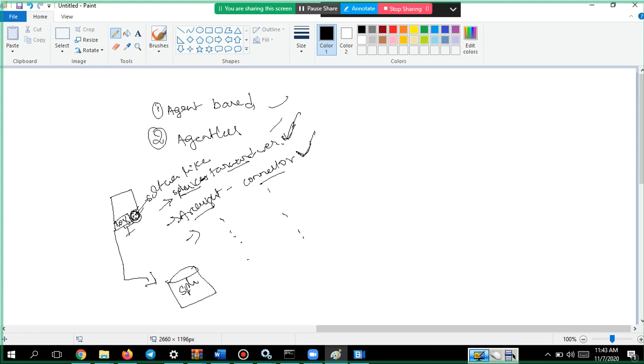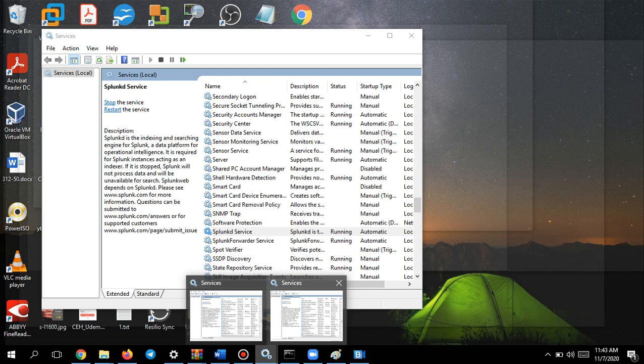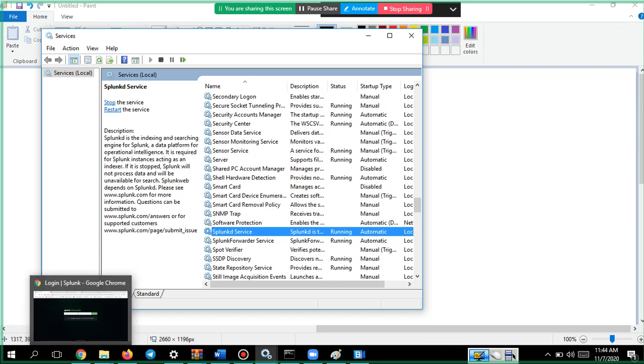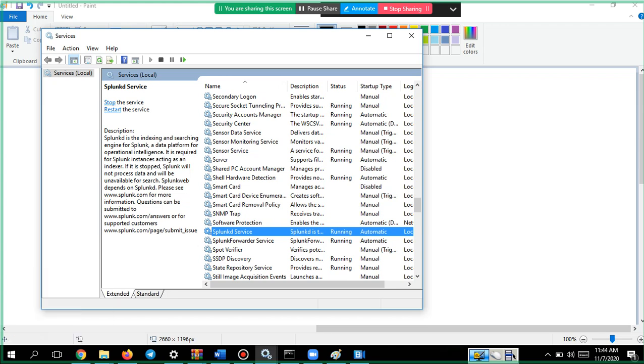If you see here, I have installed the forwarder. The Splunk forwarder service means this particular Windows machine's logs are sent to the Splunk installed on my machine. That is not required for us now.